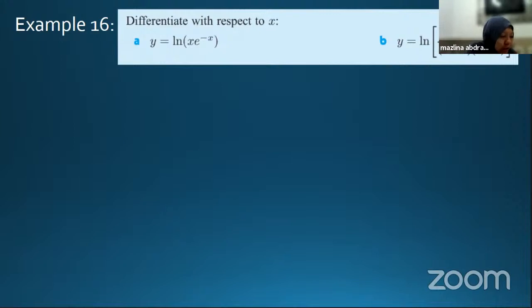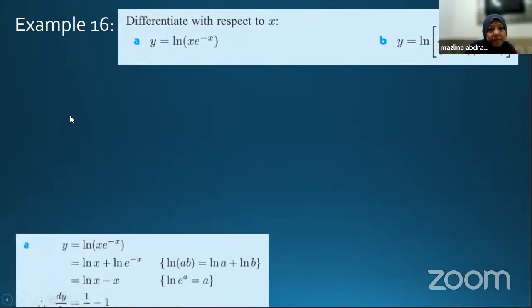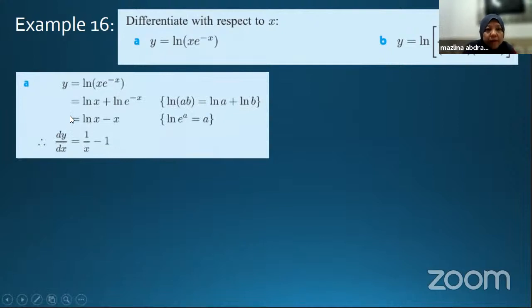You use what rules? This one, Arham. Which one, A or B? A. For A, use ln AB equals ln A plus ln B. Yes, correct. Okay, all right, so it is 1 over x minus 1. For B,